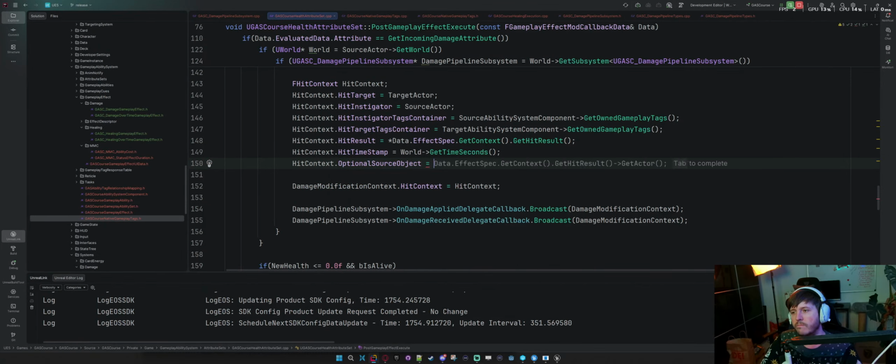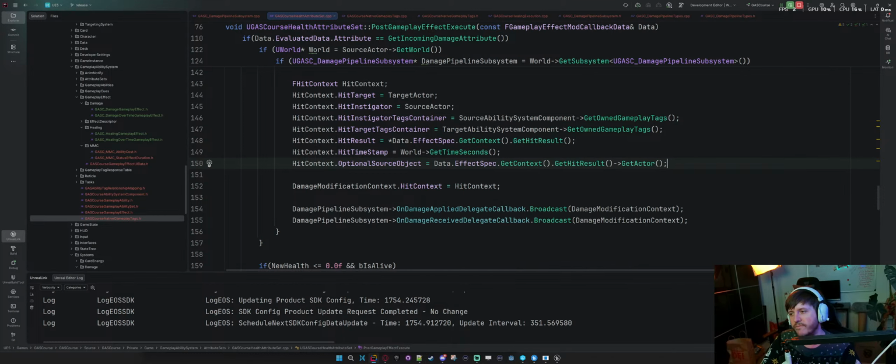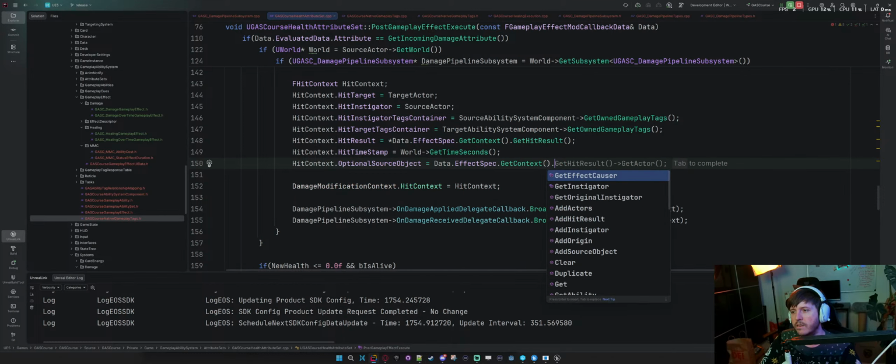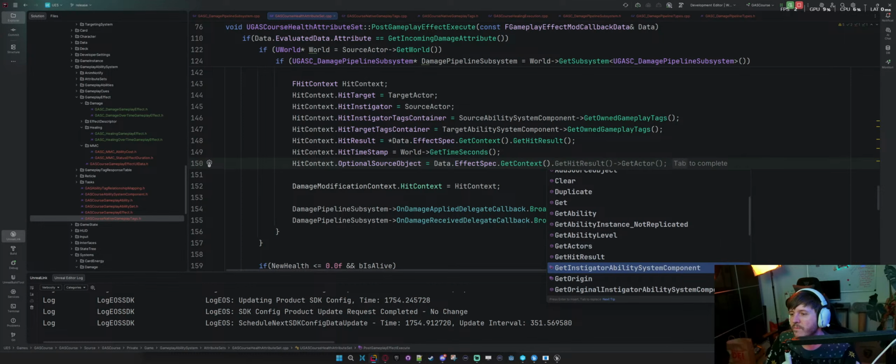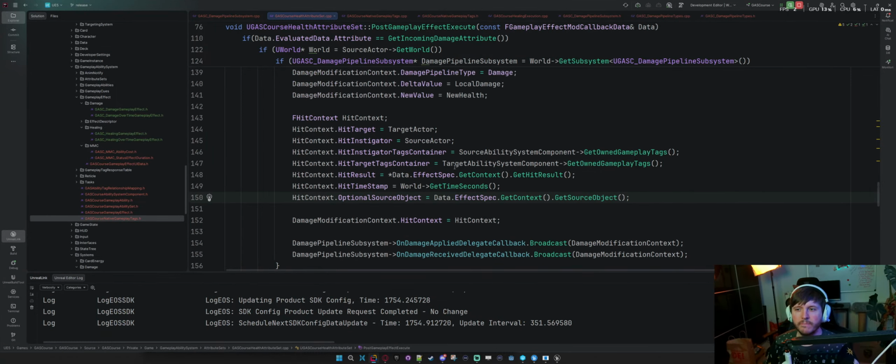Equals, whoops. No, data dot effect spec dot context. Then there's get original, get source object. There's nothing else. Yeah, get source object, right? Let's just assume that's fine.